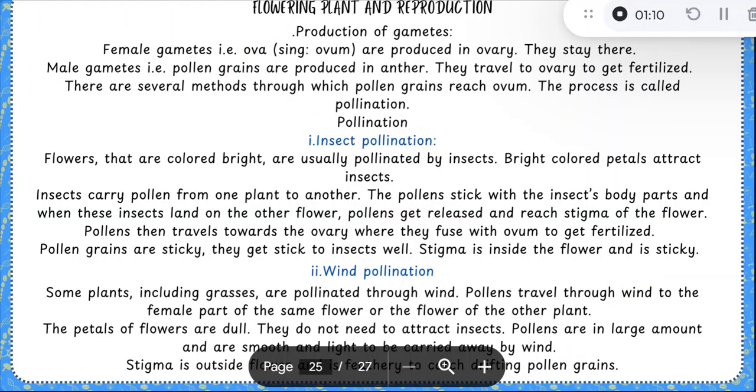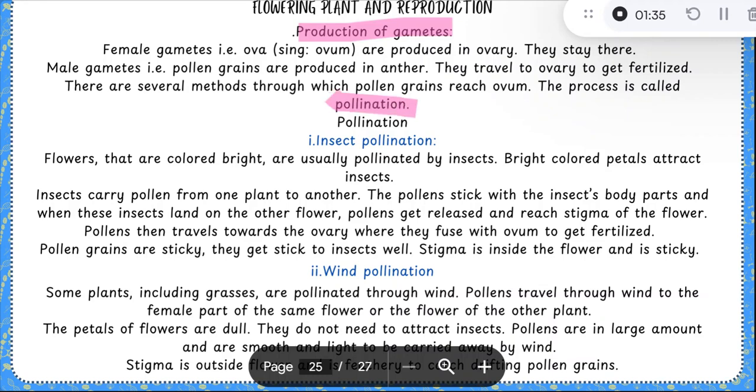So, reproduction in flowering plants. First of all, the production of gametes. Female gametes, जिसका singular ovum और plural ova होता है, are produced in the ovary and they stay there, they do not move. Male gametes called pollen grains are produced in the anther and they travel to the ovary to fertilize the ovum. There are several methods through which pollen grains reach the ovum, and this process is called